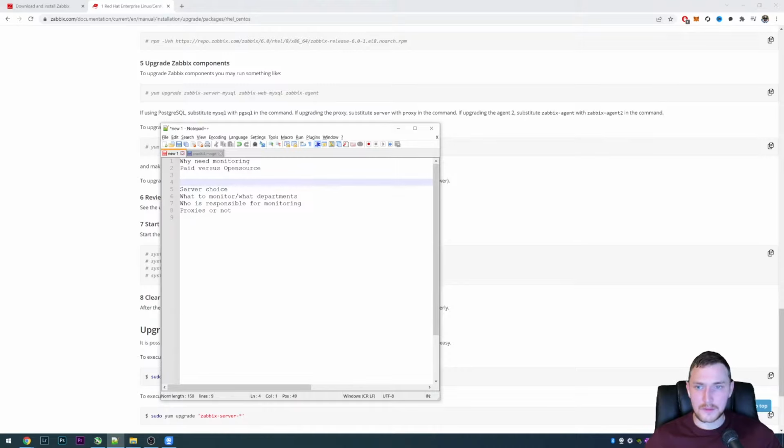Of course, this might raise a question like, why do I need a monitoring tool if I am collecting everything with scripts, right? The script is doing the job, it's just passing the data to the monitoring tool, so why do I need it? And I think the simple answer is to have everything in one place.